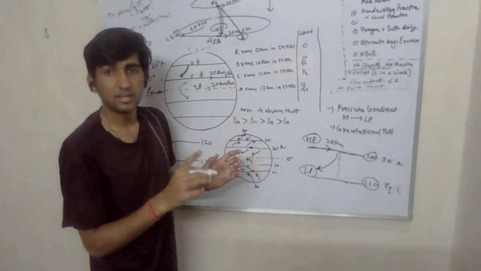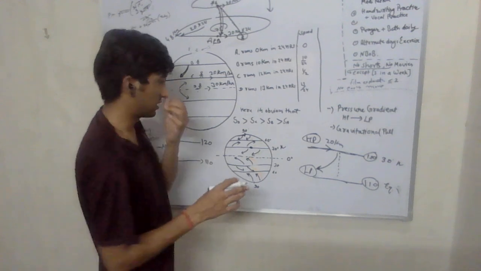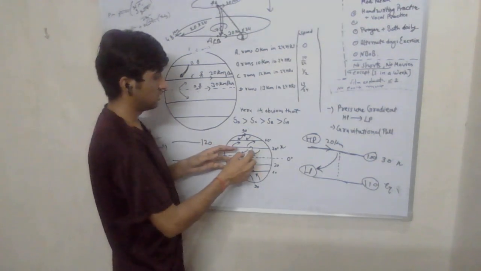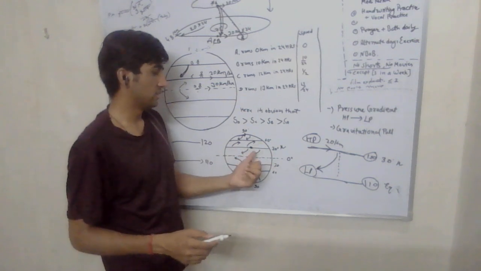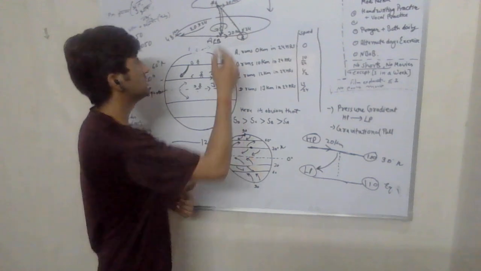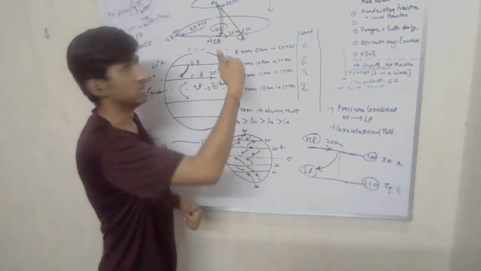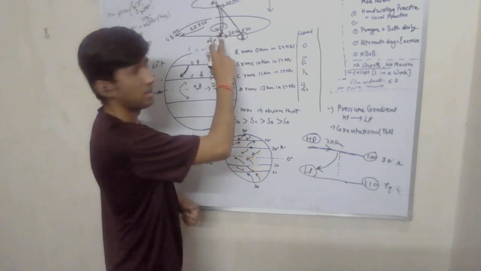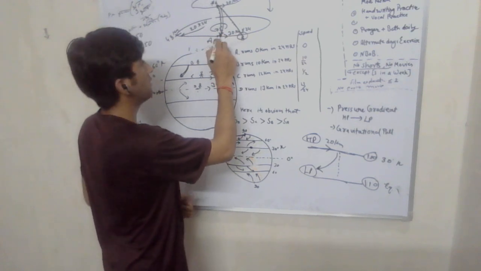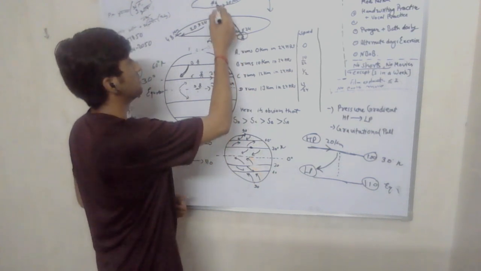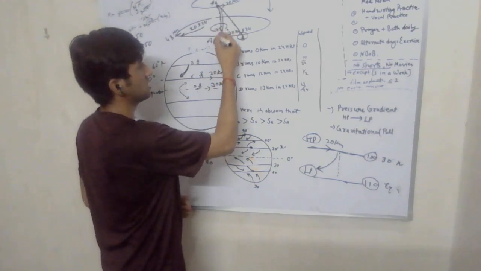Particles of what? Particles of air only. We are considering air only. So the particle speed of air at 30-degree latitude is higher than this. So this diagram will be reversed. This time the particle which is moving from A has higher speed. So after t seconds, it will be here, and the particle which was just above the equator,